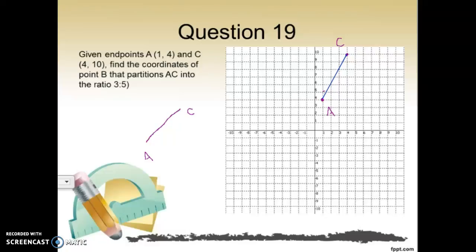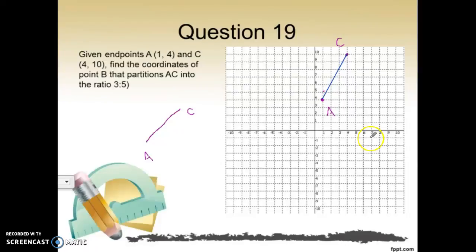All right, geometry geniuses in the room, raise your hands. This question is for you. This is a lot like, well, it's the same kind of question as number 18. So if you could do number 18, you'll be able to do number 19. If you struggled a little with number 18, I'm going to go through it again so you can see what's